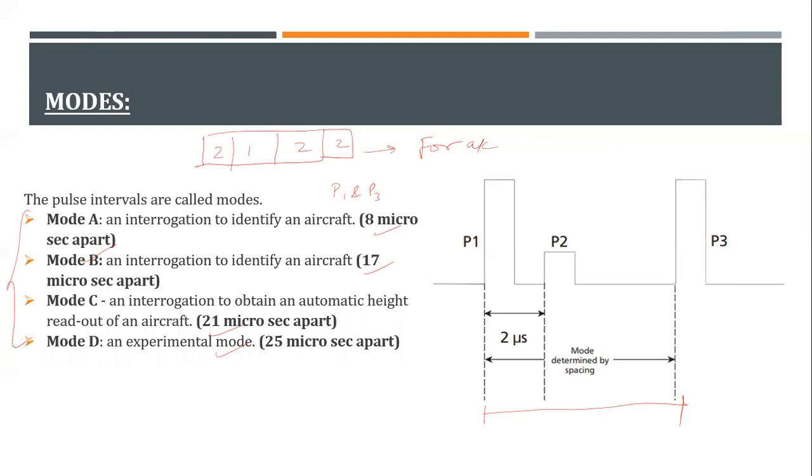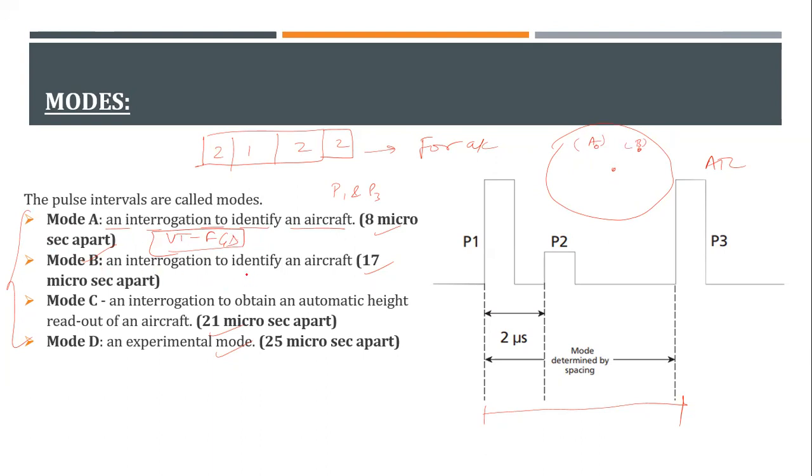There's a mode A, mode B, mode C. You can see here the use is also written. Mode A is an interrogation to identify an aircraft. So there is just an identification. Victor Tango Foxtrot Delta, or any aircraft's call sign, will be visible on that screen. So it's easy to identify the aircraft whenever the ATC tower is able to identify the aircraft. They will have better knowledge of the separation. There are 2 aircraft, A and B, so we know where the aircraft is. This is mode A, simply giving us the identification.